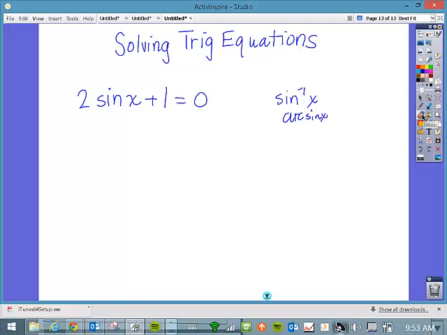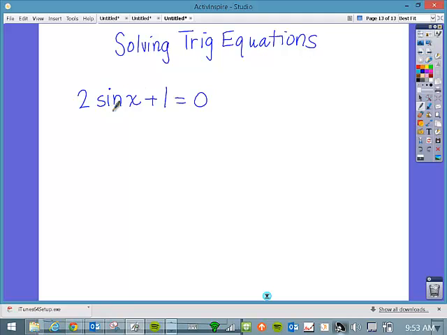So for the inverse trig functions, your domain range was restricted. Remember, for arc sine, or sine inverse, it's positive in the first quadrant, negative in the fourth quadrant. We're not using those today, so we're not restricting our domain range. We are going to put our triangles in all the quadrants necessary. We're not restricted. So when you're solving a trig equation like 2 sine of x plus 1, you want to